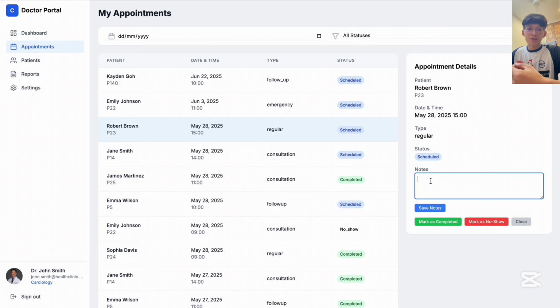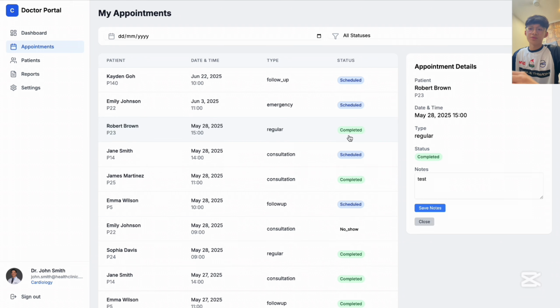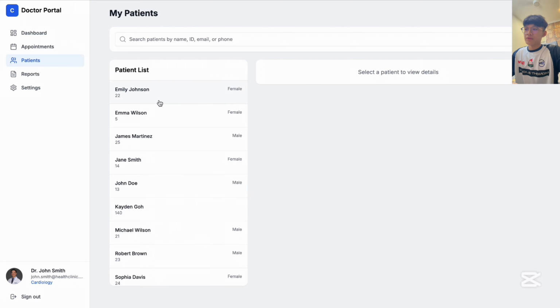If they have any notes they want to write for these patients, they can directly key them in this part, and then save the notes. And then they can change the status. If they have visited these patients, they can just click this mark as complete, and then the appointment status will be changed to complete. The next one is about the patient,